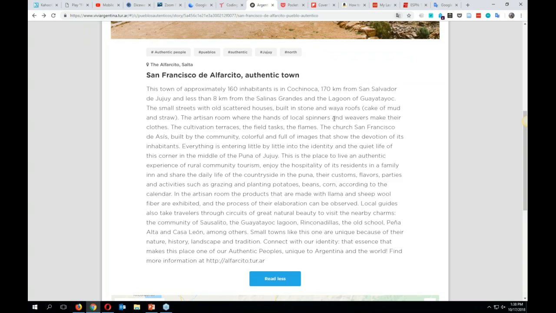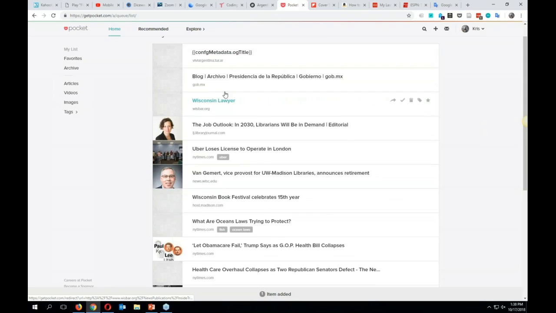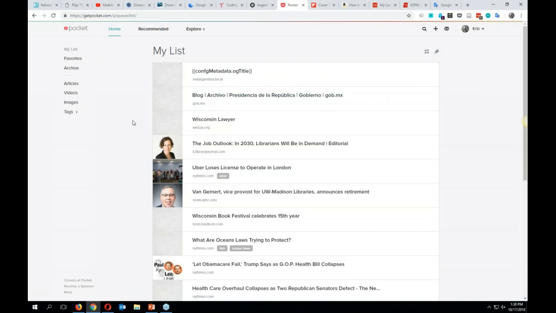And then for Pocket, I'll stay on this page. Up here, Pocket is right here. I can save this article to Pocket for later. It'll log me into it, and so now it's now in Pocket. Let me try it one more time. I can add tags, which is awesome for us librarians. I love to add tags. Or I can just go to my Pocket homepage, and you can see here that I'm saving information and articles for later on. This is my list of articles that I've saved in Pocket that I want to read later.